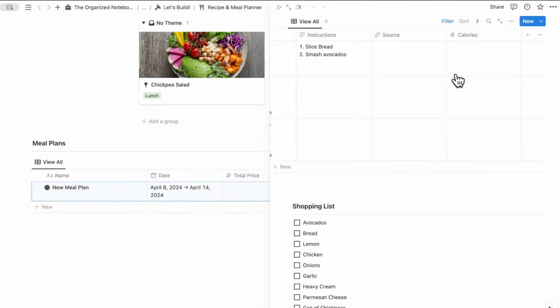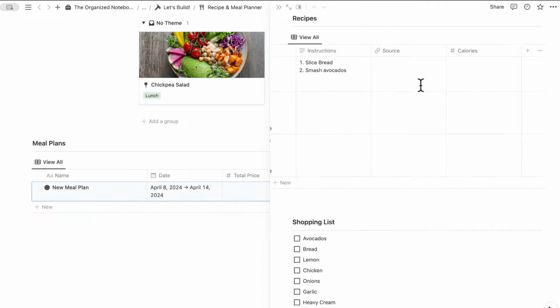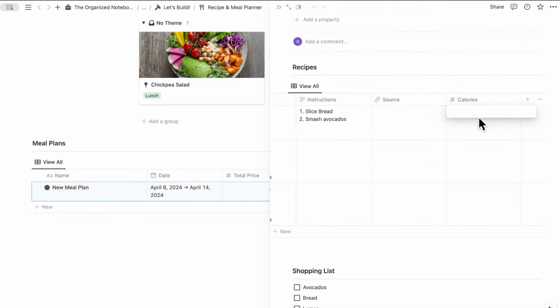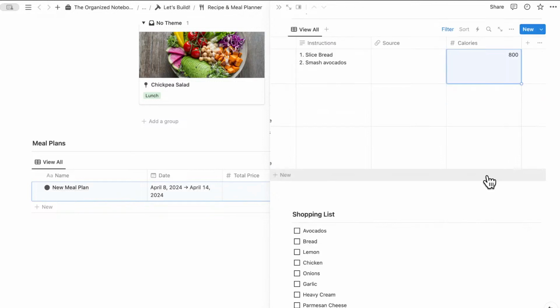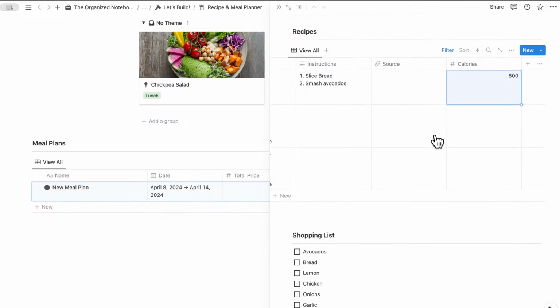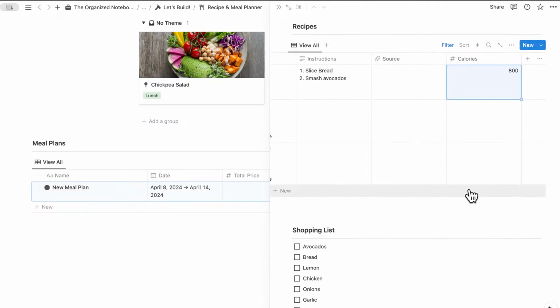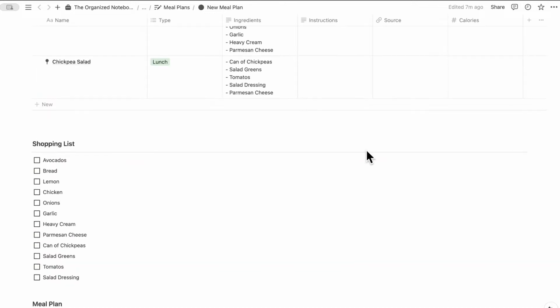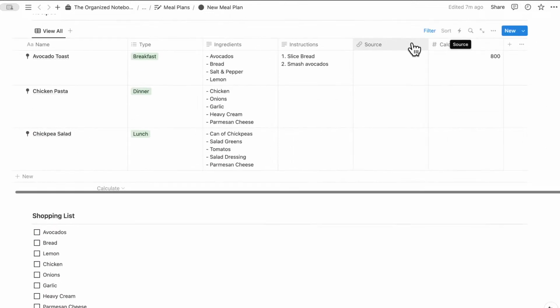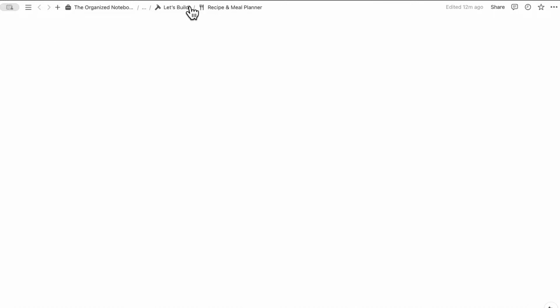During your batch cooking, you can put how much is the total of your avocado toast. If we had 1, 2, 3, 4 of them, maybe we put like 800. Then at the very end of the week, you could calculate the amount of calories that were eaten during the week as well. So that could be another option. If we open it up, we would see exactly this caloric information. So then if we go back,